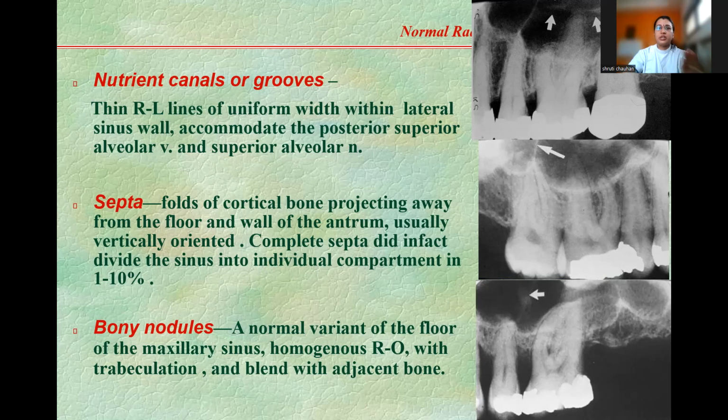So these nutrient canals are thin radiolucent lines of uniform width within the lateral sinus wall, and they accommodate the posterior superior alveolar nerve and the superior alveolar nerve. Okay,